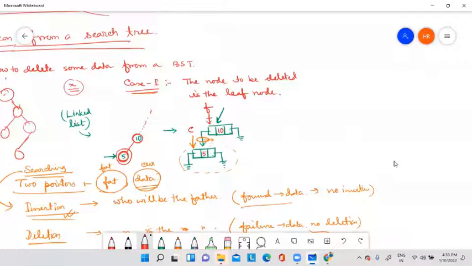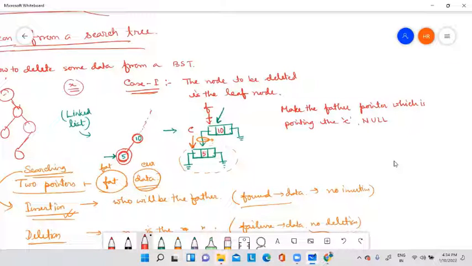Now what I have to do is make the father pointer point to C. After stopping, my search algorithm will stop, C will stop at this position, F will stop at this position.